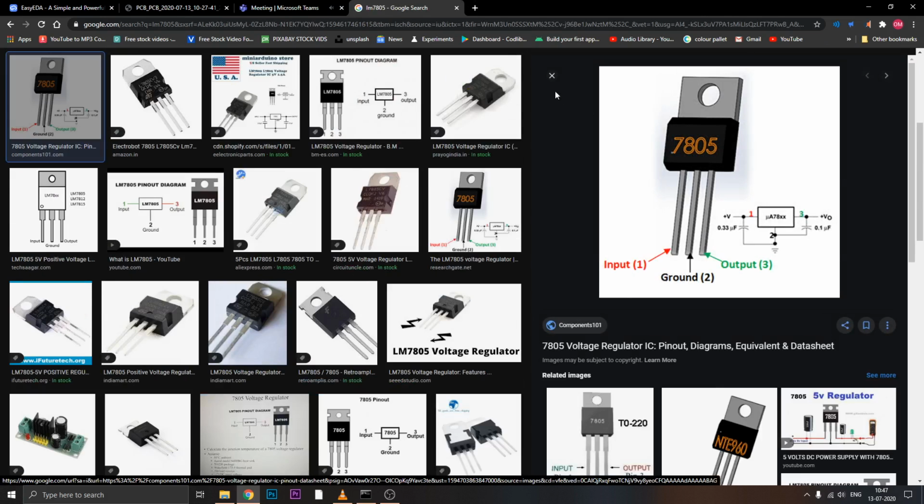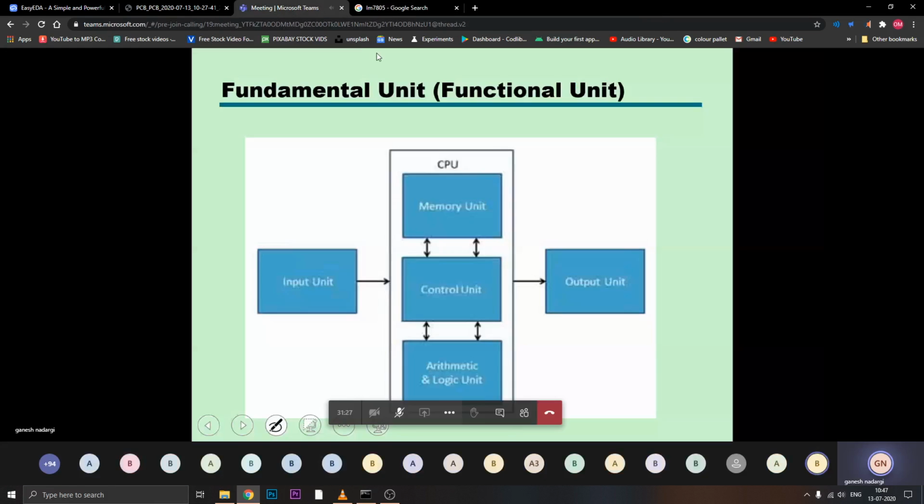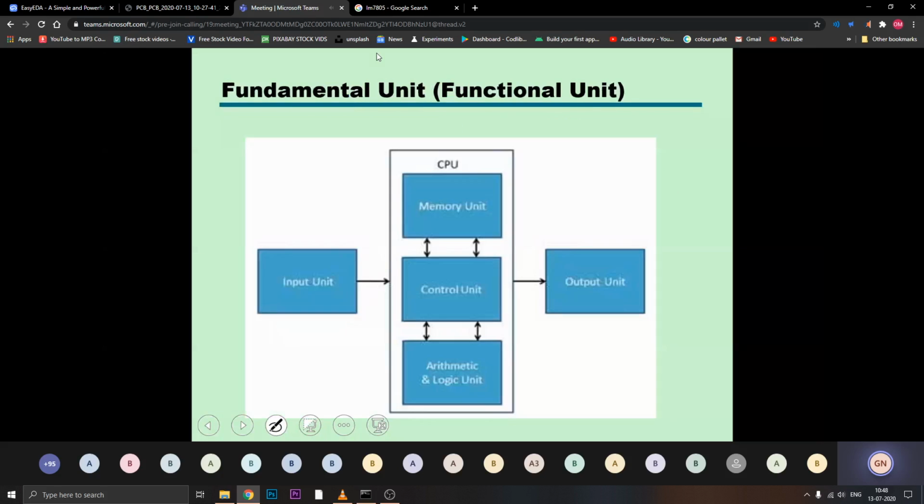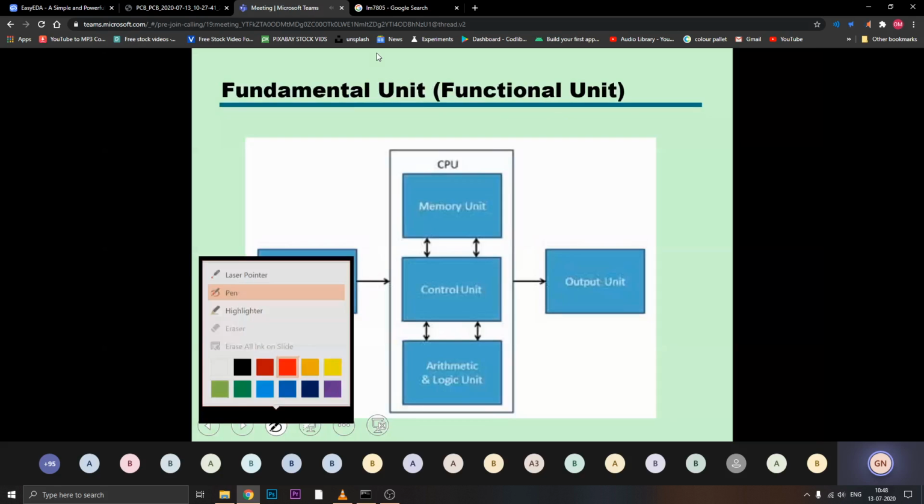So these are the three entities that are always there. Input devices can be categorized into what I can call the input unit, and output devices can be categorized into the output unit.